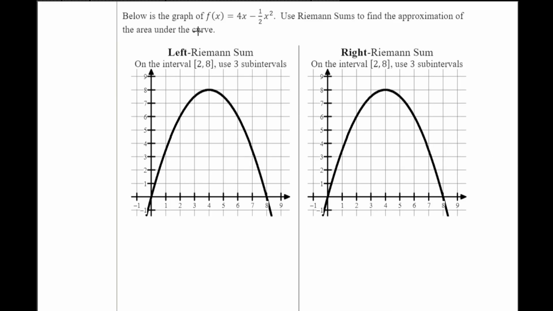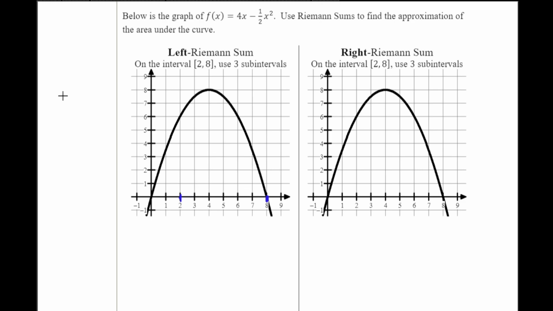So below is a graph of f of x equals 4x minus 1/2 x squared. Use Riemann sums to find the approximation of the area underneath the curve. The interval is from 2 to 8, and we want to use 3 subintervals. So 2 is right here, 8 is here. If they say 3 subintervals, they just want you to break the width up into 3 rectangles to cover